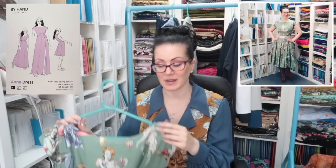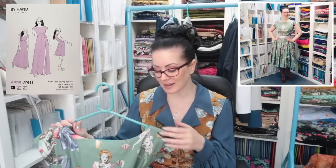I have kept the original bodice. I have a box of too-small bodices up in the sewing room, just out of shot. I will keep it because you never know, but I love the fact that I can now wear this dress, and I did wear it on Halloween to my pain clinic appointment. I probably won't wear it very often because it's quilting cotton and I much prefer wearing viscose and cotton lawn,